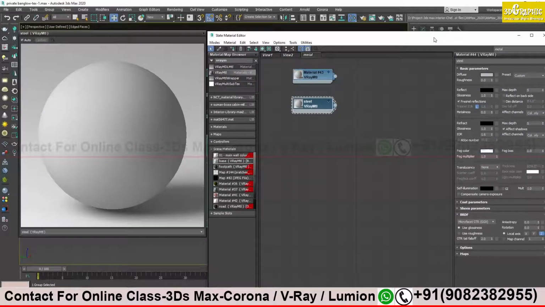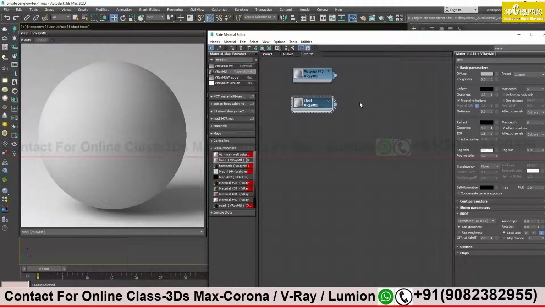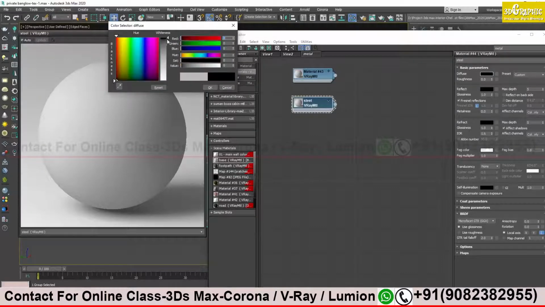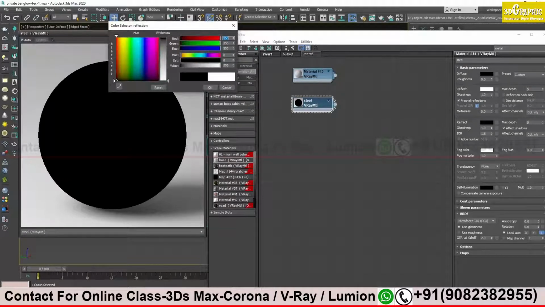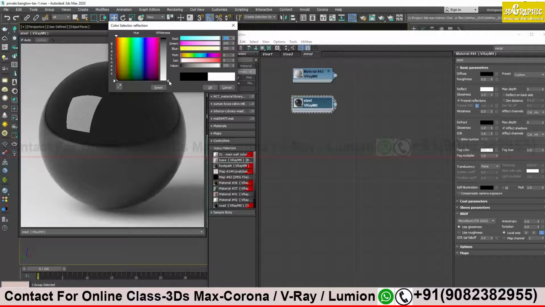What generally happens when we make chrome is that the steel doesn't have its own texture. If it is very polished steel, it's like glass, it will reflect the outside environment. For diffuse we turn it completely black, and reflection 100%. But I suggest don't take 100%, take a little less, 95 or 90, to make it more realistic.